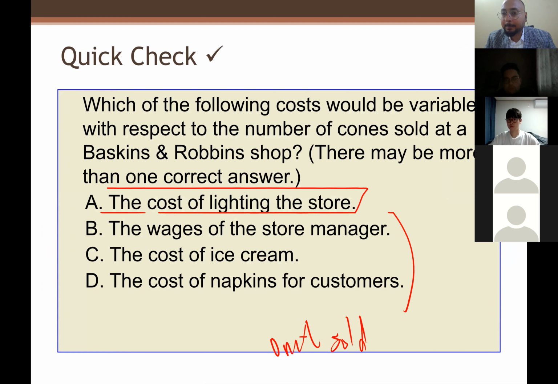Subhan. Isn't it like tax? I didn't understand the question actually. The question is, which of the following would be a variable cost with respect to the number of cones sold? So they have given you the cost driver. You have to think about the variable cost based on the number of cones sold. So in a shop, whether you in 1 hour, for example, 1 hour electricity cost, lighting cost is $50. In 1 hour,